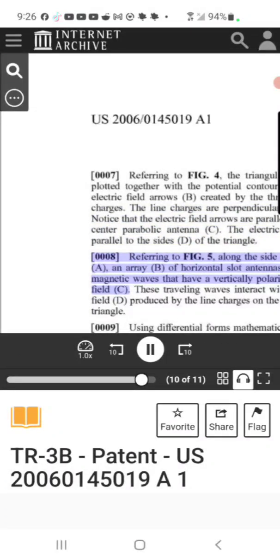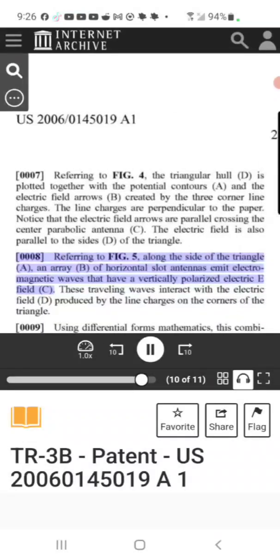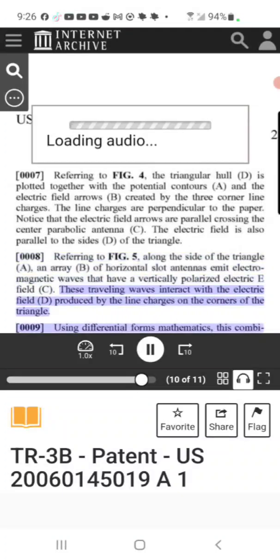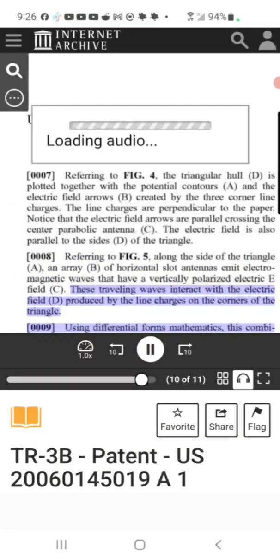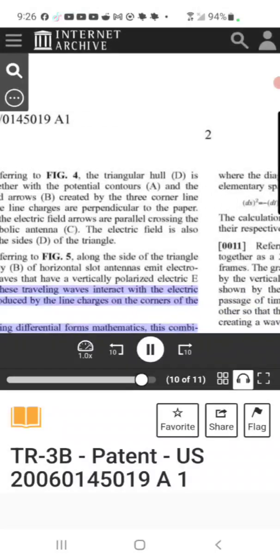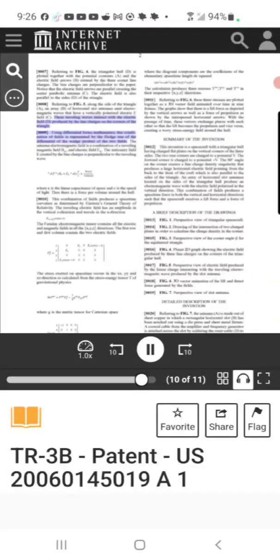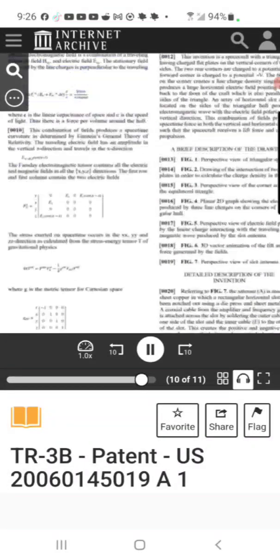[0008] Referring to Fig. 5, along the side of the triangle A, an array B of horizontal slot antennas emit electromagnetic waves that have a vertically polarized electric E field C. These traveling waves interact with the electric field D, produced by the line charges, on the corners of the triangle. [0009]